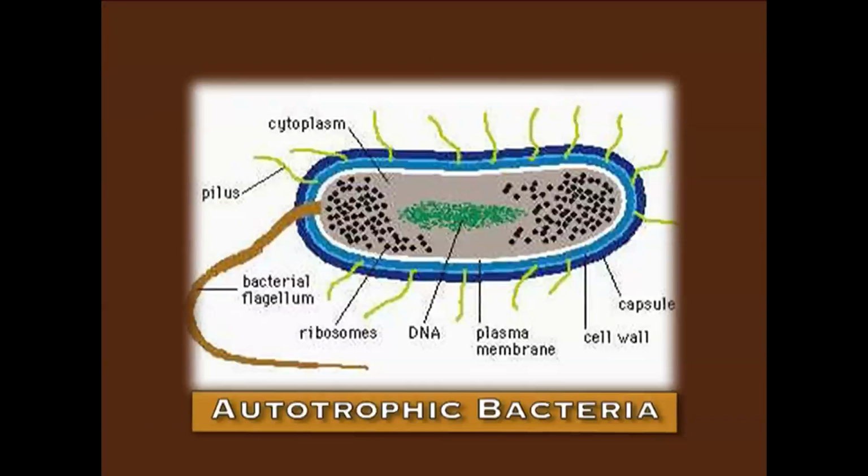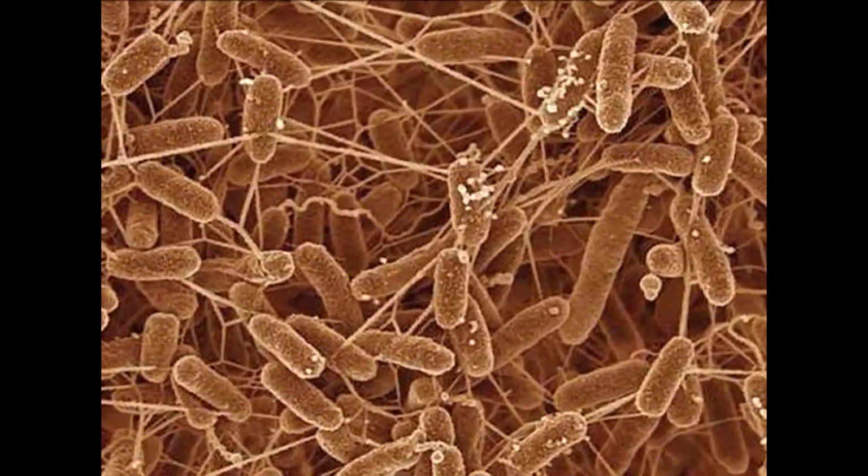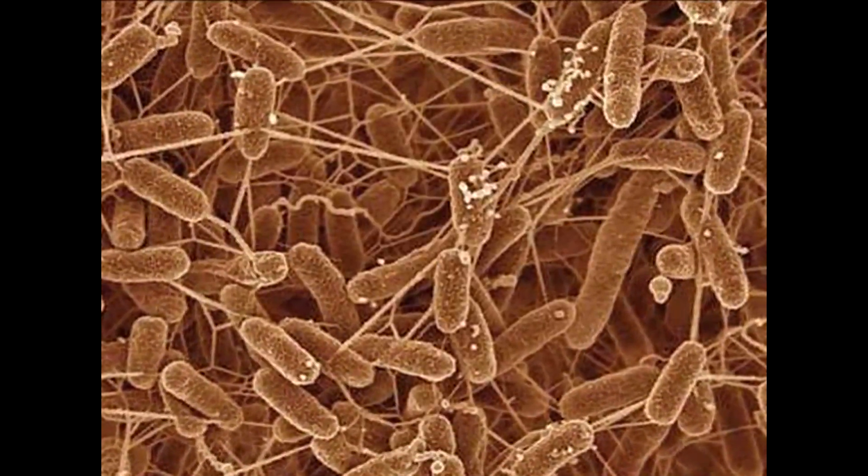On the basis of mode of nutrition, we can divide the bacteria into two groups. One is autotrophs, one is heterotrophs. Bacteria, for their metabolism, require a constant source of energy and they also require a source of carbon for synthesizing the macromolecular structures. The source of carbon can be simple atmospheric carbon dioxide or it can be any organic